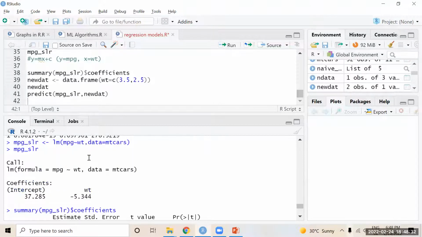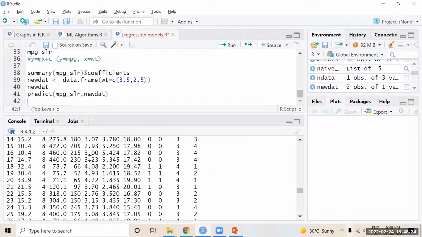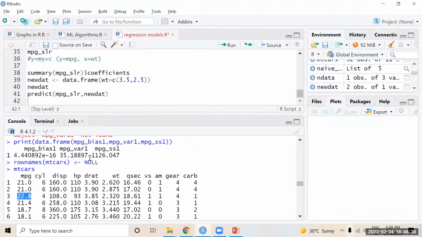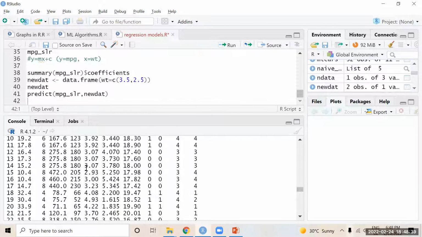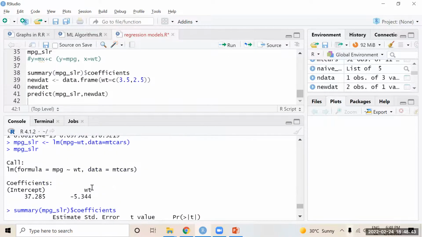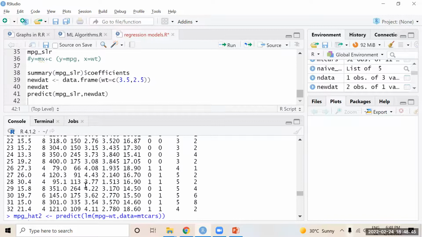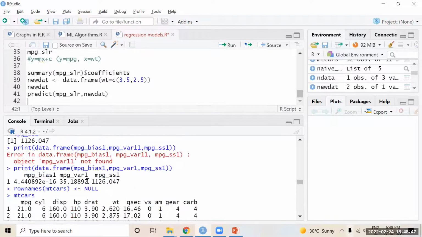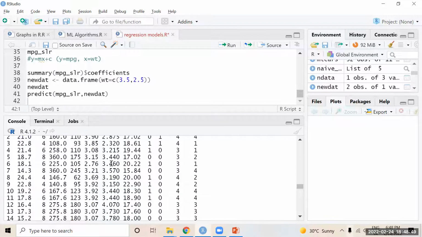Now next, 2.5. For the given car weight of 2.5, I will take 2.9 from the data set.